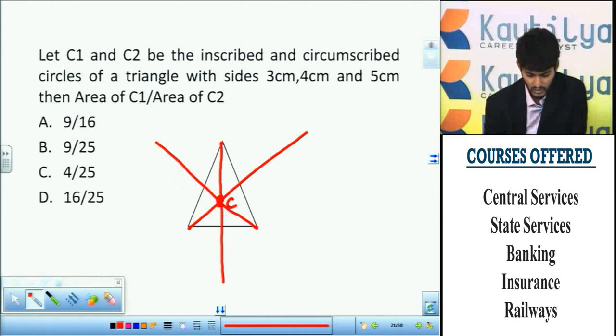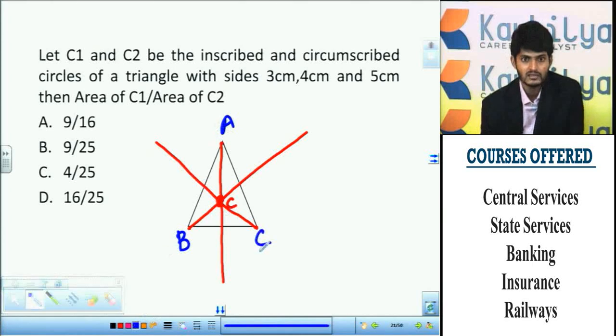Suppose I want to draw the circumcircle now. So what do you mean by circumcircle? Here AB, BC and CA will be your sides. A, B, C will be your vertices. So if I take a compass and measure the distance between C and A, the distance between C and B, and the distance between this C and this other C, let us make this capital C and small c, the total value, this AC, this BC and this CC, is denoted by using the symbol R,